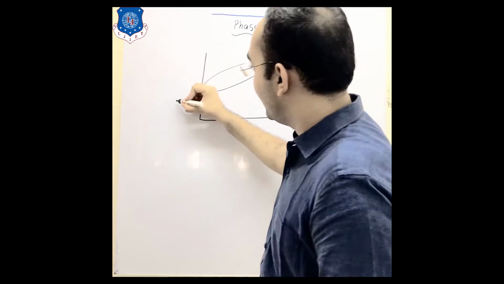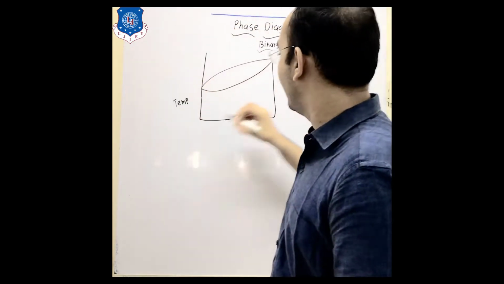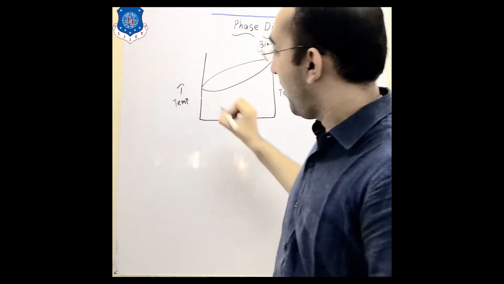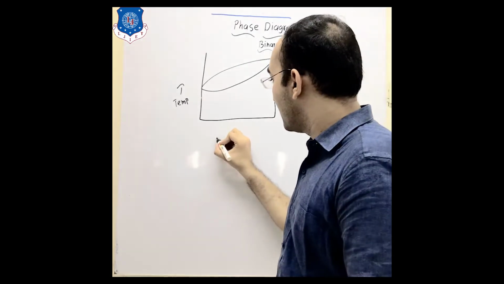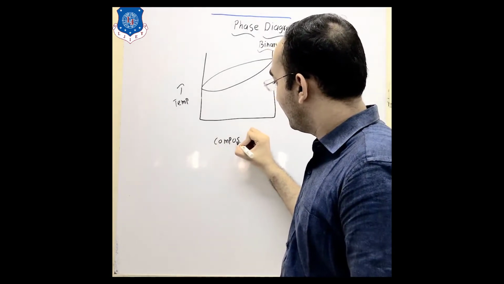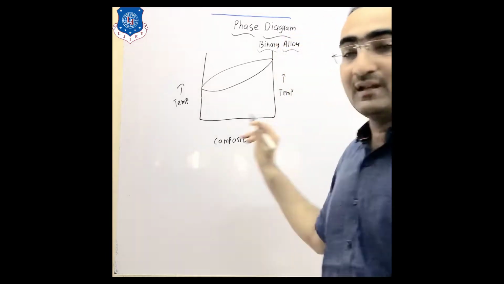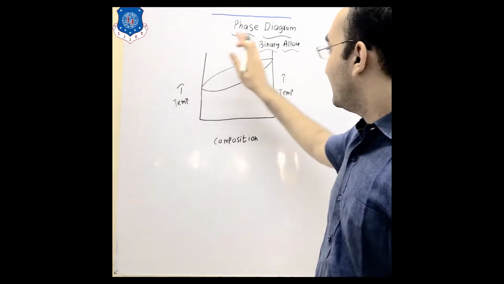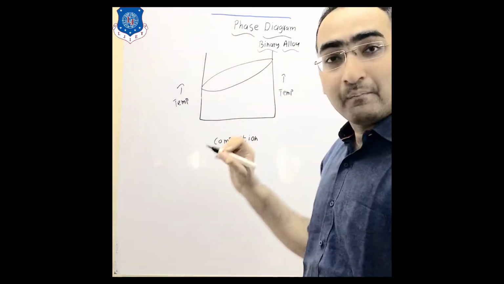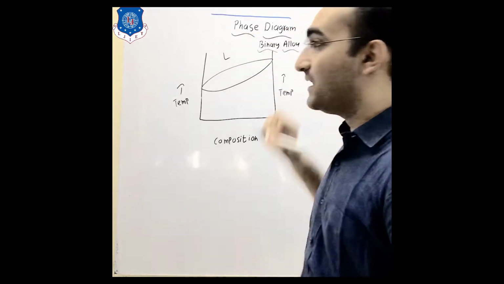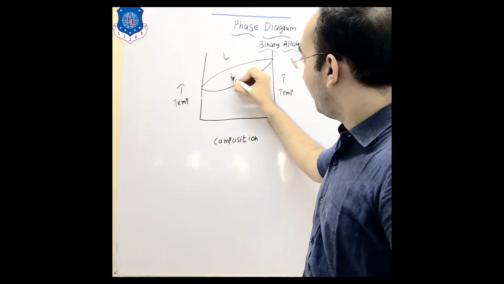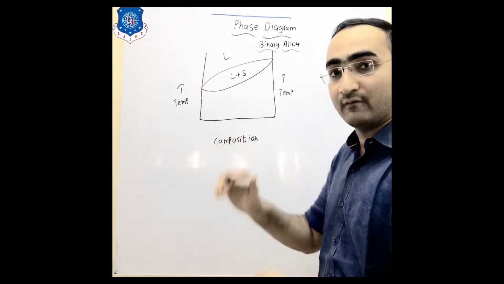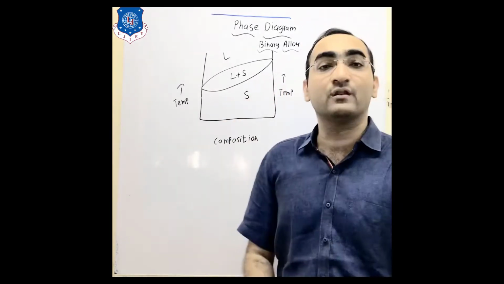Which are the different axes here? The temperature axis is here, and this is also indicating the temperature axis. At the bottom, there will be the composition. This axis will give you the information regarding your composition. So this is the diagram in which you can say at a higher temperature which phase is present. There is a liquid phase present. Then over here, there is a liquid plus solid region at the center. And at the bottom you can find the solid region.